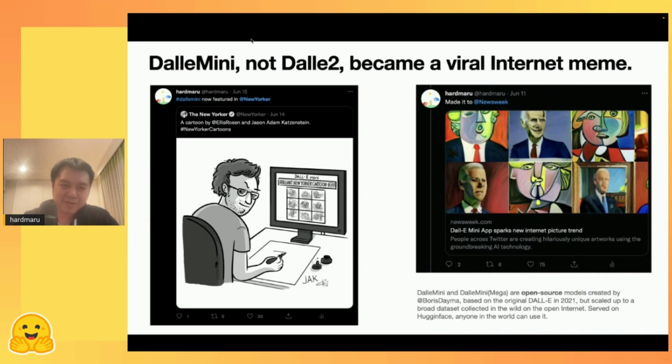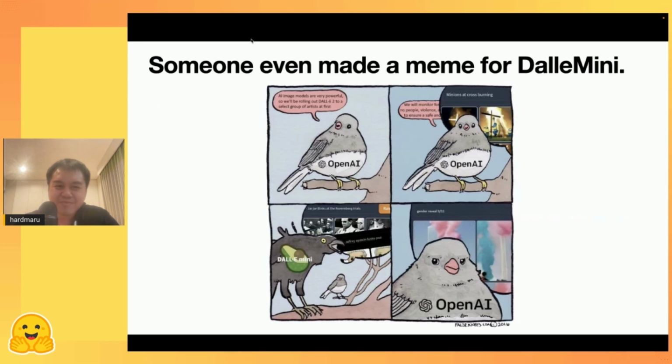It got so popular at one point that the New Yorker made a cartoon that featured this iconic 3x3 grid on the tweets, and it was written up on Newsweek because you're able to make funny images of Trump and Biden using DALL-E Mini, which is probably prohibited from DALL-E 2.